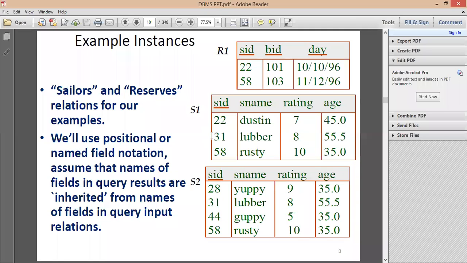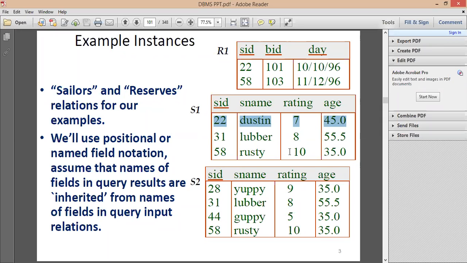Less than 8 means here you have 7, so I'll select this particular row and display all its details. This is called selection.